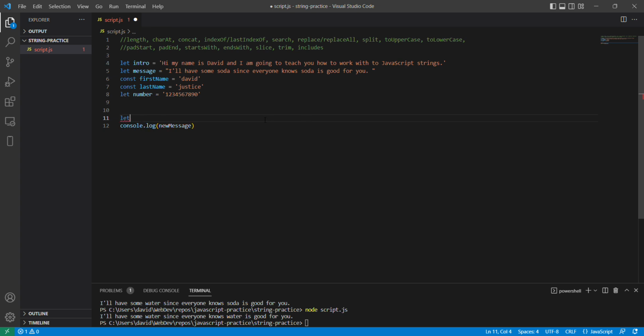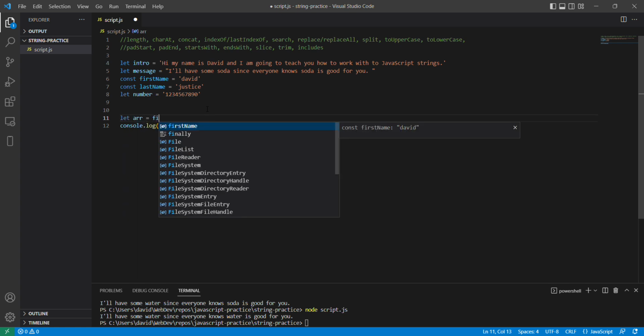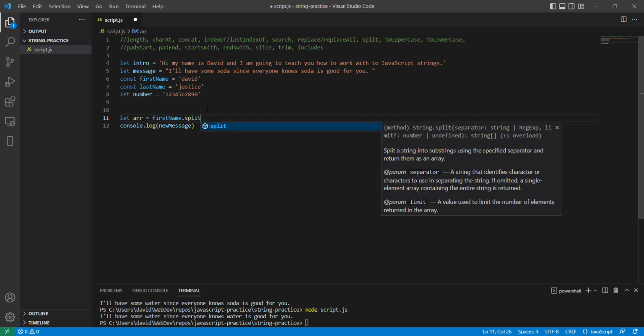Next one is split. So split is good for turning a string into an array. You could use this for several things. You can already figure out the length of this because, again, I showed you this property called length and it'll tell you, but let's say that wasn't a thing and you wanted to turn this into an array so that you can count the length of the array. That's what split does. So I can say let array equal first name dot split, and then